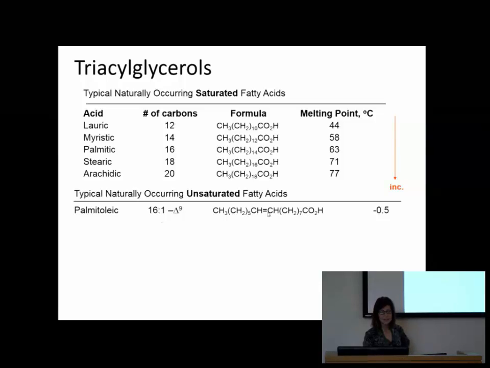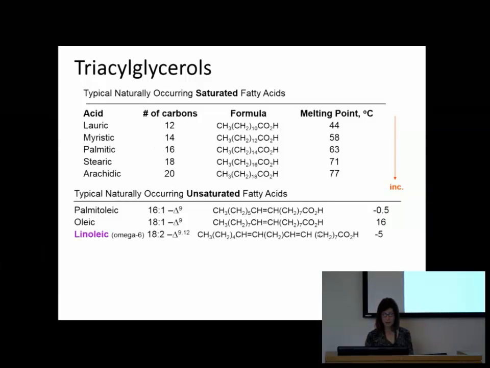So here, because we have a longer chain, it's going to increase the melting point, but it's still way lower than that of the saturated. Here, we have still 18 carbons, but instead of just one double bond, we put in 2. And it's then carbon number 9 and carbon number 12. Look what it does to the melting point.